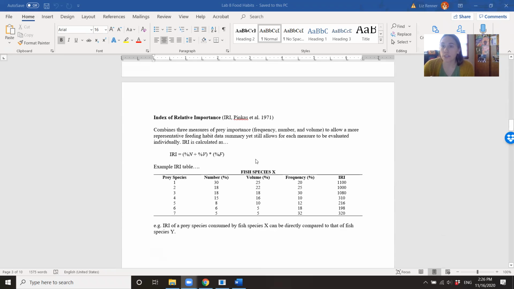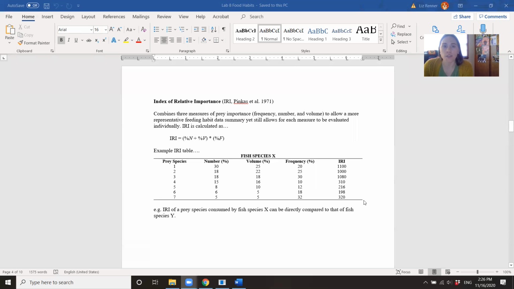All right, so now we're going to get started calculating some of these different feeding indices. The first one that we're going to talk about is the IRI, the Index of Relative Importance. The IRI is basically a combination of three measures of prey importance: the frequency of prey, the number of prey consumed, and the volume. And it allows for a more representative feeding habit data summary while still allowing for each measure to be evaluated